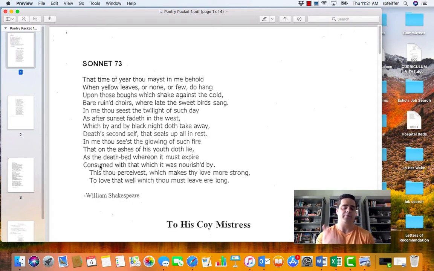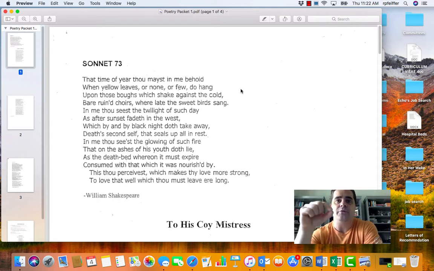Okay, so if we look at this poem, it's Sonnet 73. If you look at the end of the first line, there is no punctuation. Or the second line, there's no end punctuation right here, after the D or after the G in behold or hang. And so when you read those lines, you're supposed to read right through into the next line, not stop. So the way you read the poem is supposed to sound like, that time of year thou mayest in me behold, when yellow leaves or none or few do hang upon those boughs which shake against the cold, bare ruin choirs where late the sweet bird sang.